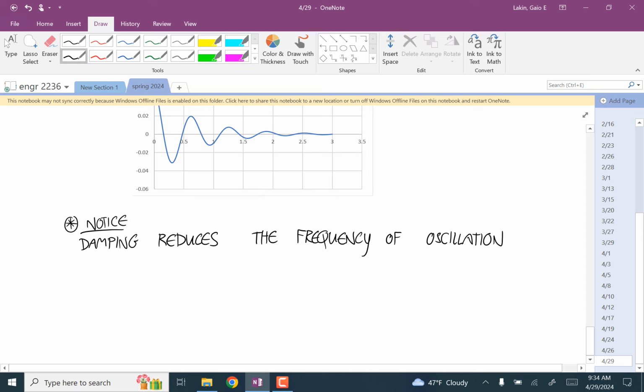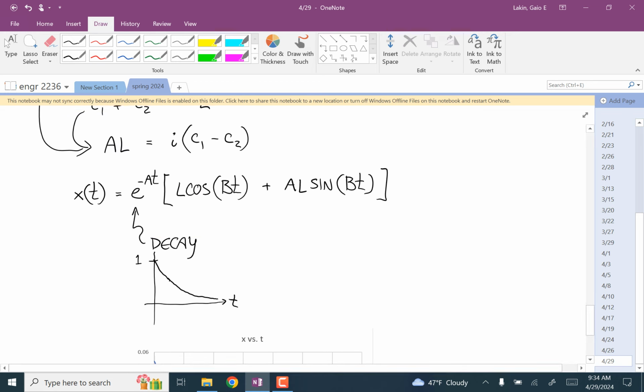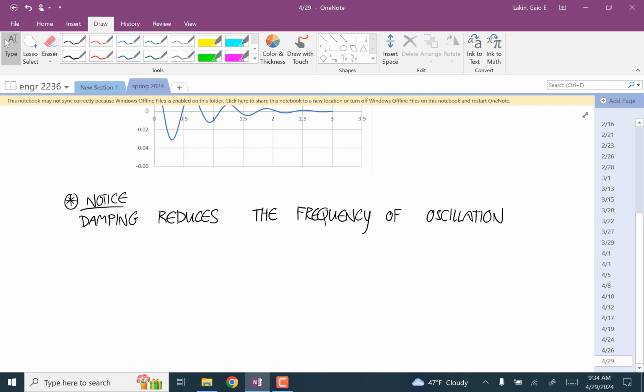Remember taking this oscillator and hanging it and letting it oscillate didn't change the frequency. Putting it at an angle didn't change the frequency. But the damping does reduce the frequency, and this is how you can see it. So the frequency of this oscillation,